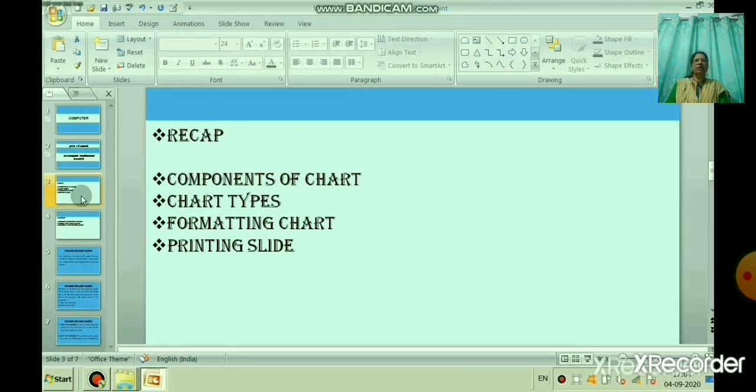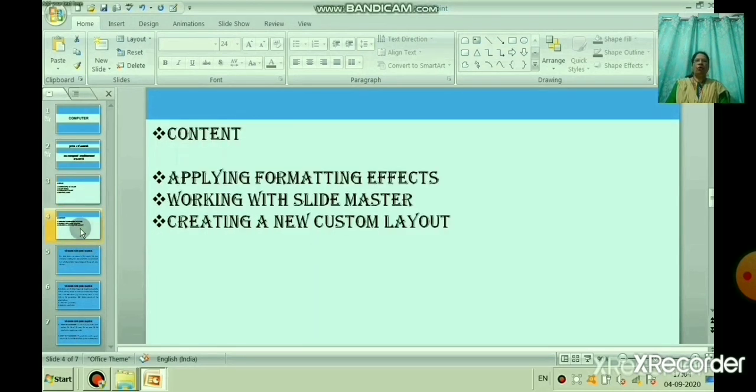And we learned how to format the chart with the help of the format tab, and how to take the printout by using Ctrl P, or in the office button you can click the print option and select the slides.